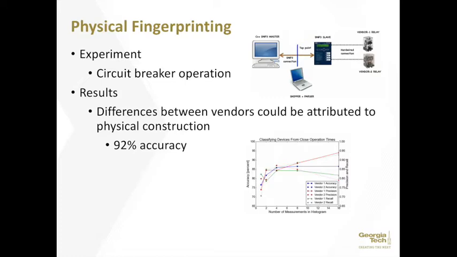Now, these differences could be attributed to other things, but I think the physical construction of the components is what the research is saying is impacting the act to open or close the relay. So long story short, 92% accuracy again fits within existing fingerprinting models, and it's still very accurate given ICS fingerprinting techniques. So again, the researchers kind of struck gold with this approach.